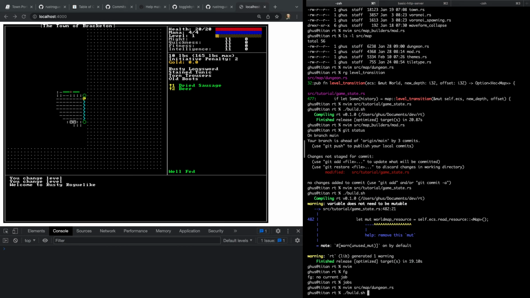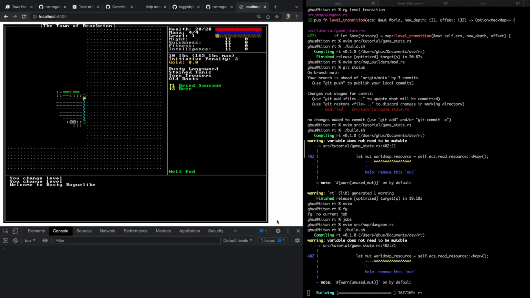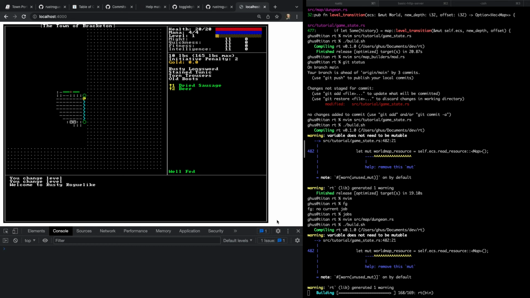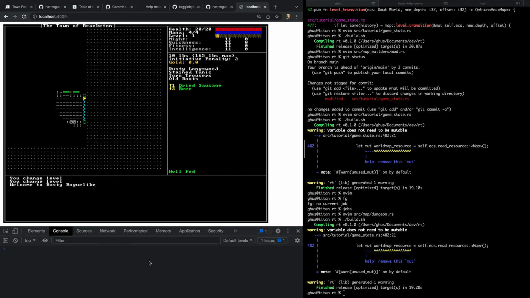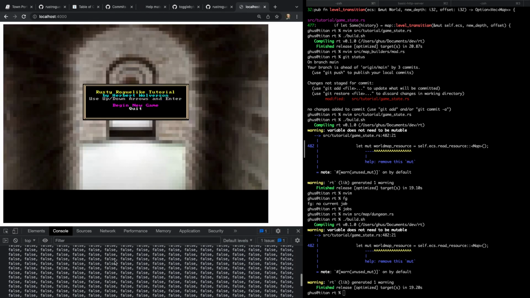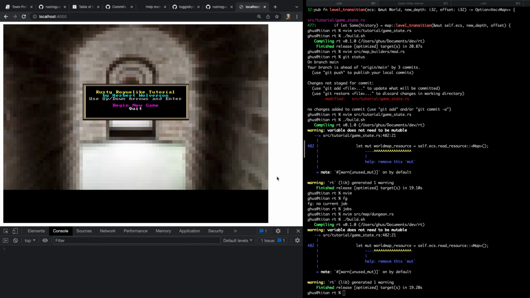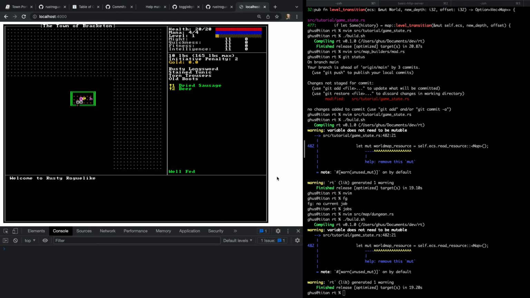Oh, right, and then that world map resource doesn't have to be mut, but we're going to delete those lines anyway. Okay. So now, when we store the map, we should be able to see it dumped out here. So new map created, and we expect it to all be false. That's true. That's correct. Now when we jump to the next level,